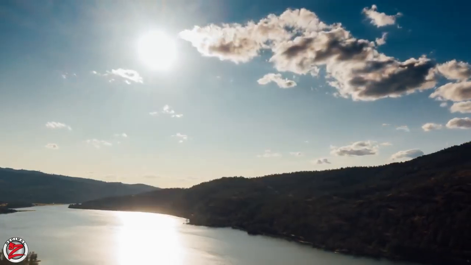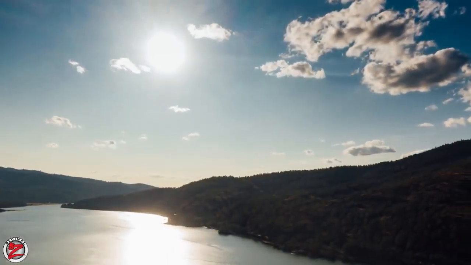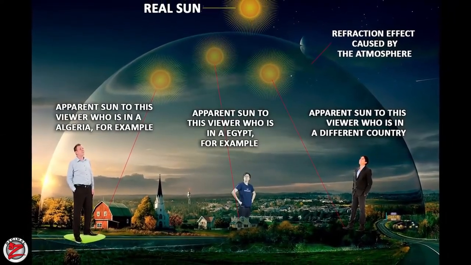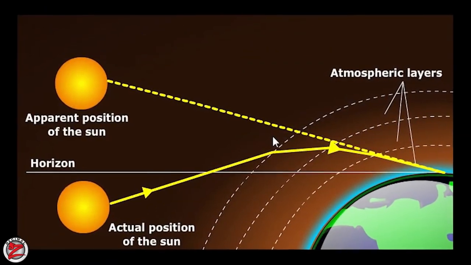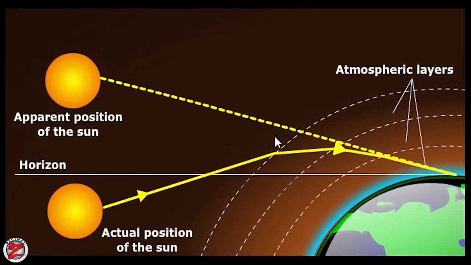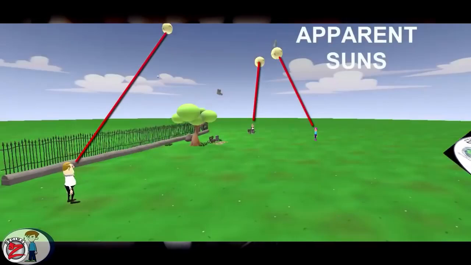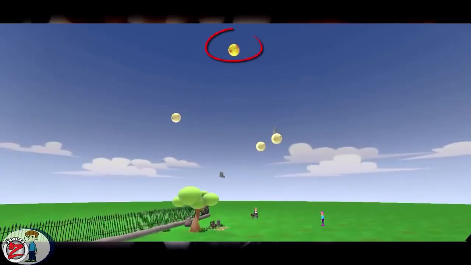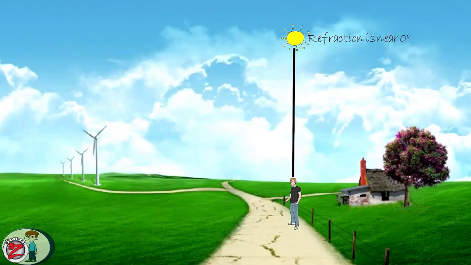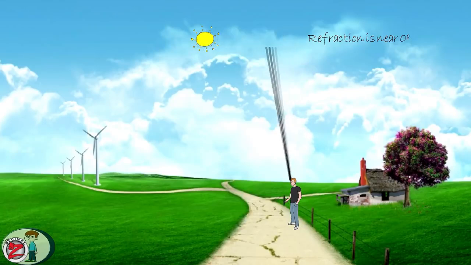We got questions like, is the real sun higher or lower than what it appears to be? Because even official science agrees that what we see is the apparent sun and not the real sun. This is another thing that makes you wonder how they could measure the distance to the real sun if we only see a reflection of it. If we just see an apparent sun, then the sun cannot be triangulated. Therefore, the distance to it should remain unknown.